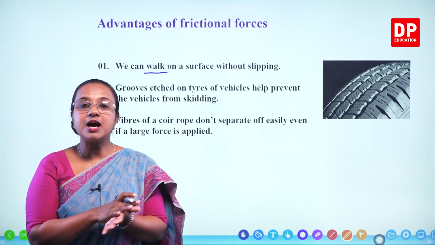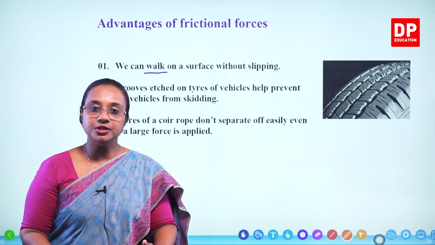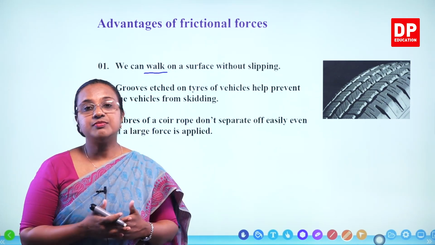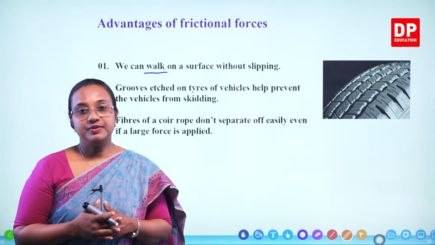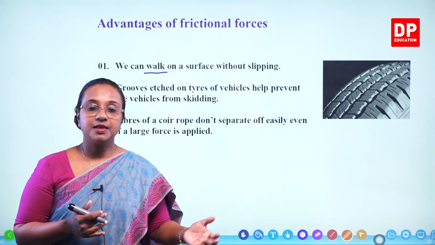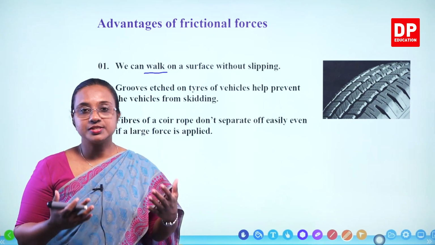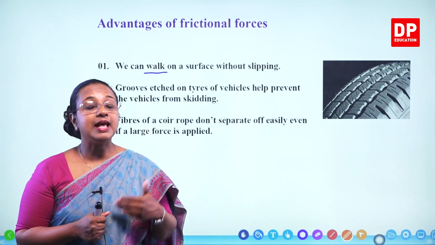We have markings on our sole. If you walk barefoot, they increase the friction between the floor and your feet, and it helps to walk without slipping. When you wear shoes or slippers, there are markings on the slippers that help us to